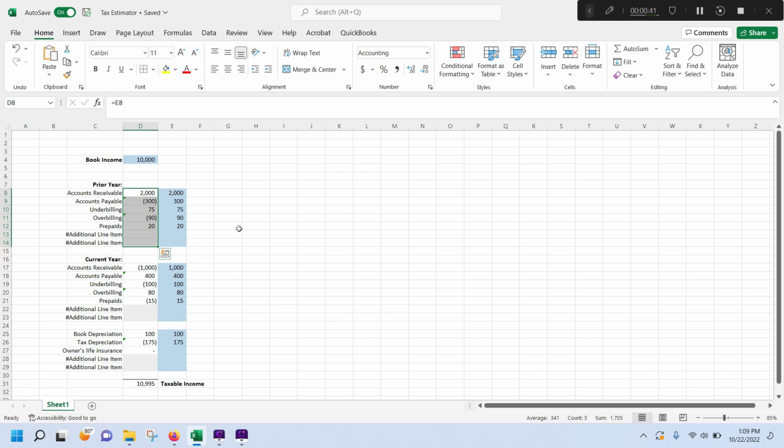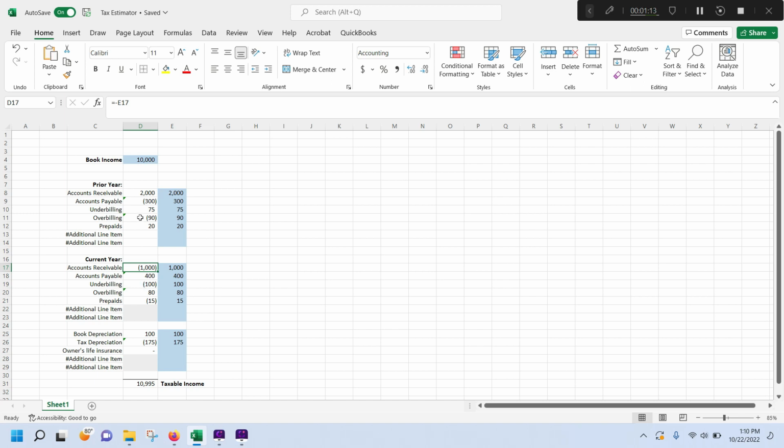All we want to do is capture the change between these accounts, which all things equal should reflect the movement of cash from accounts receivable, meaning these are outstanding balances that your customer hasn't paid for. You're not going to take credit for that when you're doing cash basis income. Obviously, you haven't received that cash. With accounts payable, you're not going to take credit for that expense because you haven't paid cash for it